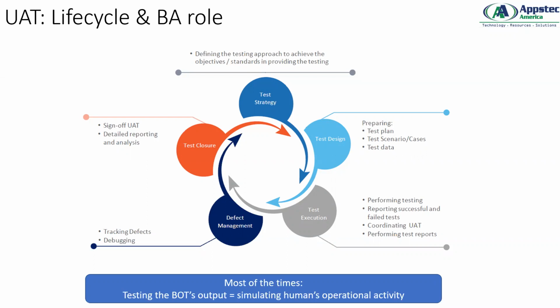Even if it's highly complex, on average we at least take it for 2 weeks. 2 weeks in the sense, 10 working days, 10 business days. 2 weeks is the minimum time that we run the bot for UAT, because when you develop a process, you have a lot of scenarios, right? So I have seen a project where